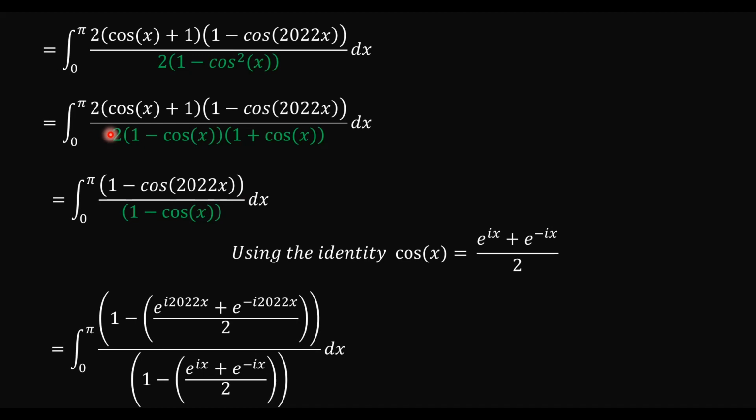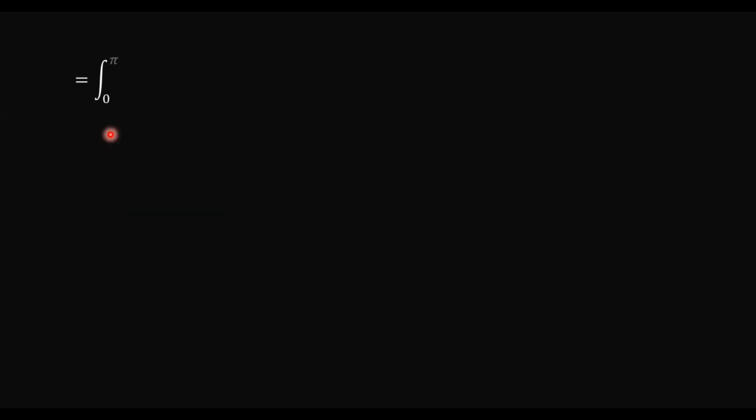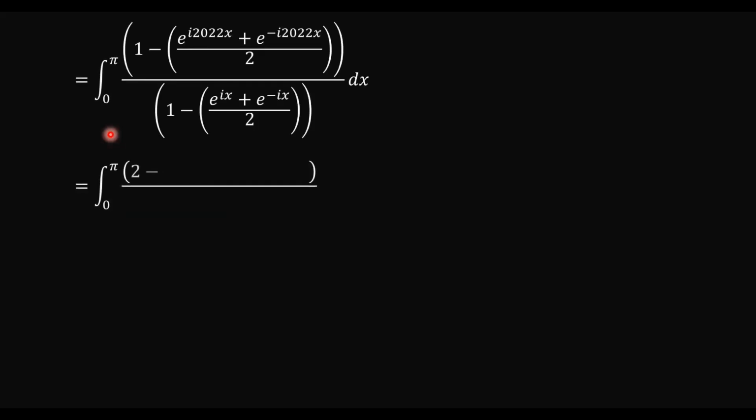And in the denominator, we have e to the power ix plus e to the power negative ix, over 2, in place of cosine x. We can move further by multiplying by 2 both the numerator and the denominator,